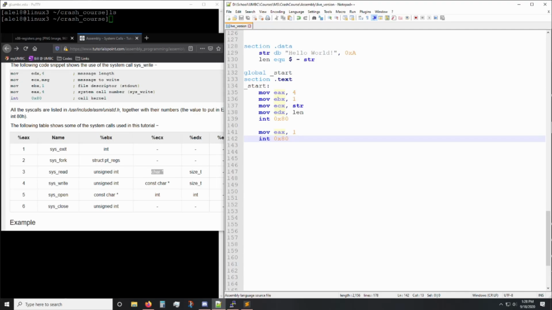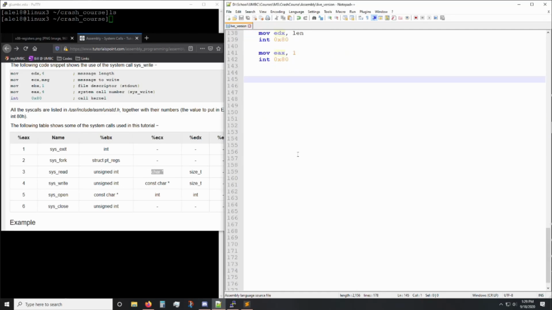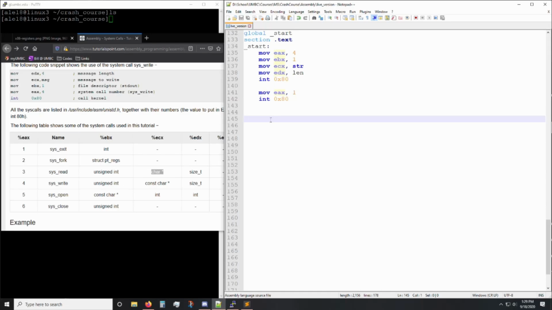So that's what a basic thing would look like. Let's talk about something a little more advanced, and this is going to get into structured code. So let's say we want to do an if statement. In C, that would look like if x equals a, and we're just going to say int x equals 3, int a equals 4, and we're going to say int c equals 0. All right, so if x equals a,